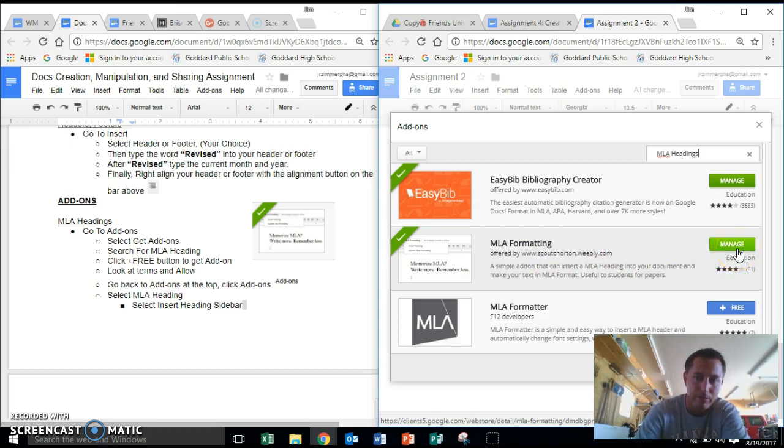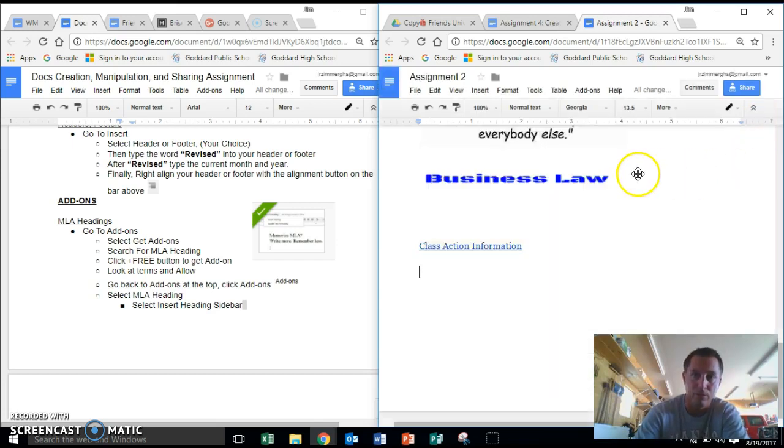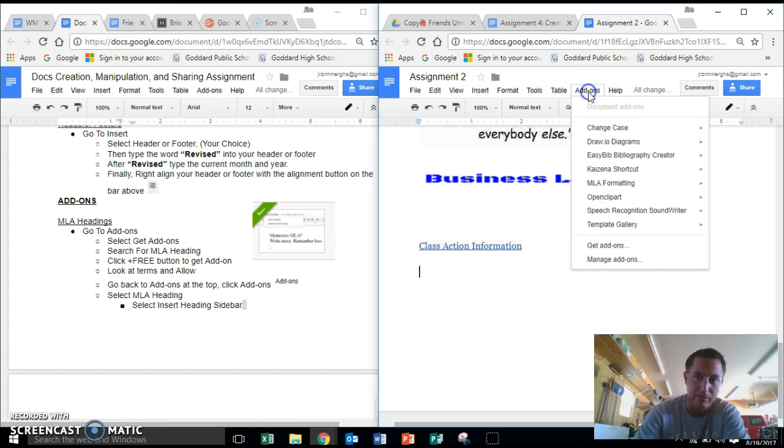I already have it, so I would click manage, but you're going to have a plus free symbol that looks like that. I want you to click that. It'll ask you for another step to allow it, and then it'll be in your availability in the add-on section. So I'm going to close this because I already have it. Once you have it, go back to add-ons and then go find it and select, in this case, MLA formatting,